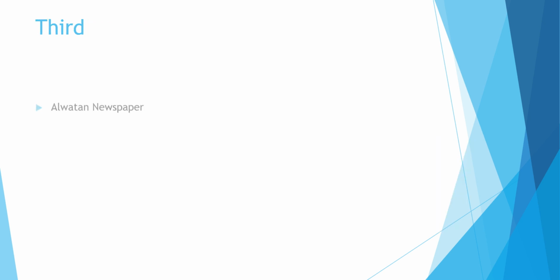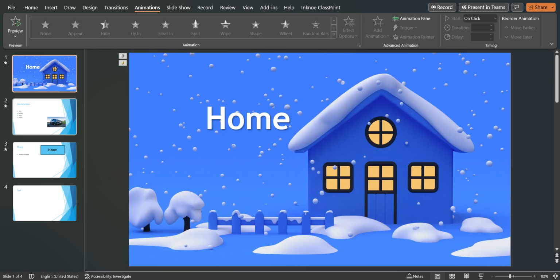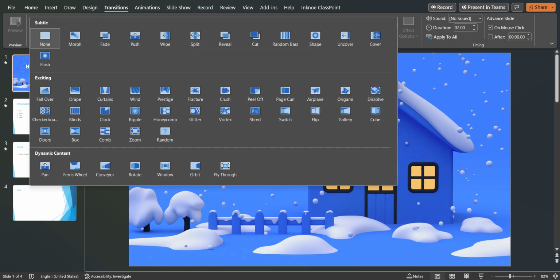Then the third and fourth slides. So this is the rest of the slides. Now, we also have the transition, which means the animation between slides. When I move from slide 1 to 2, I will see a transition animation. Also from Transitions, you can select any one of these options. So let's say, for example, I want to select